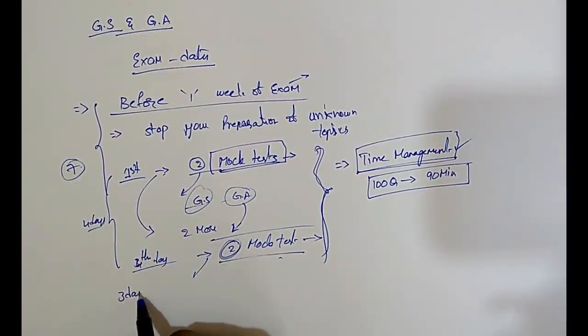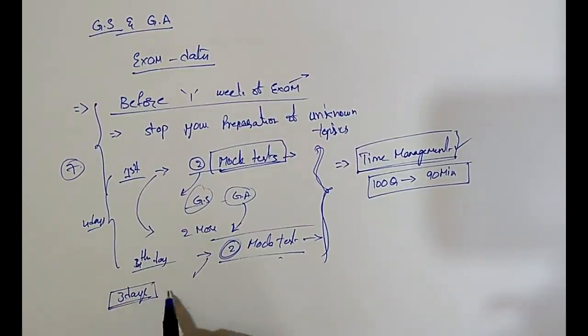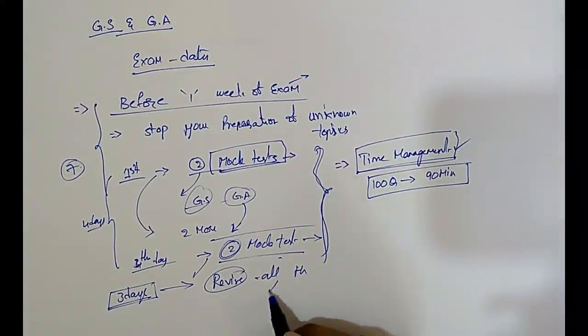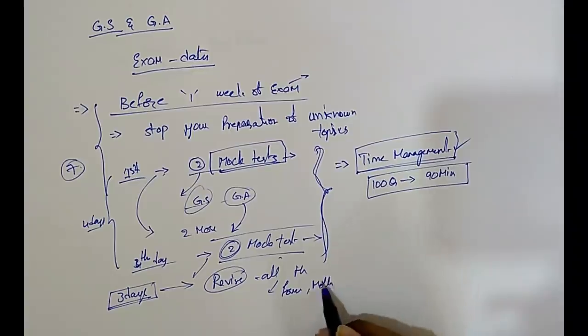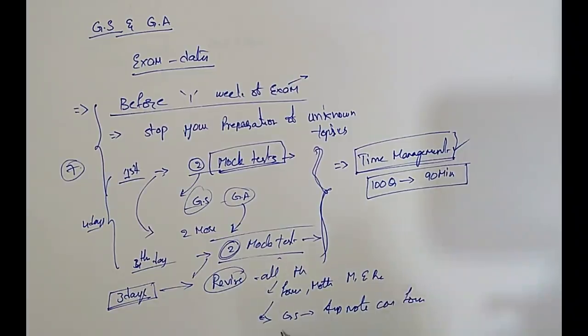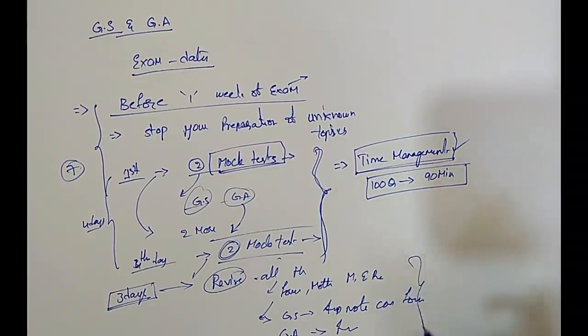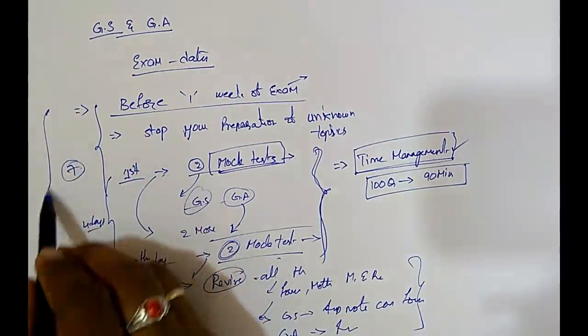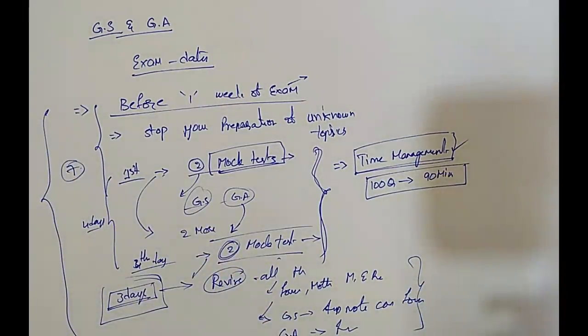You have 3 days. In these 3 days, you have to revise all the topics. That is formulas or methods in the maths and reasoning sections, and in general science, any important notes, concepts or formulas, and in general awareness, all the important topics. Just revise all these in 3 days. Then you will have an excellent idea of the exam, and you can surely be selected for CBT 2.